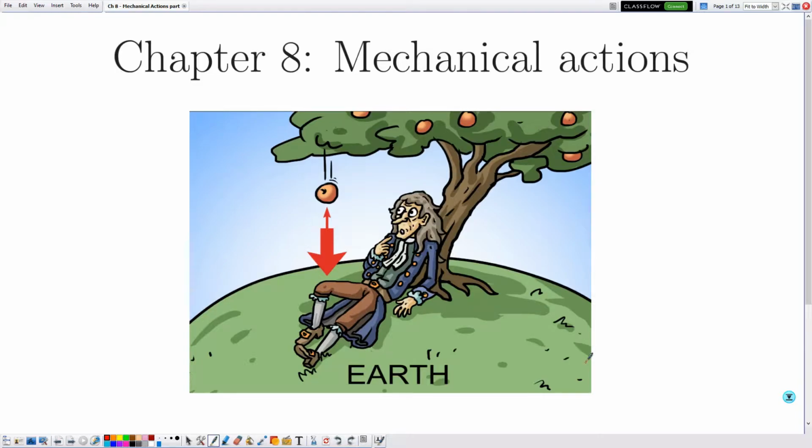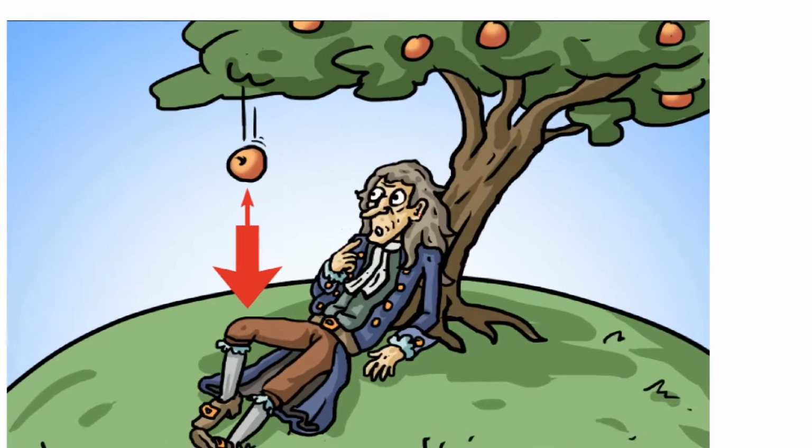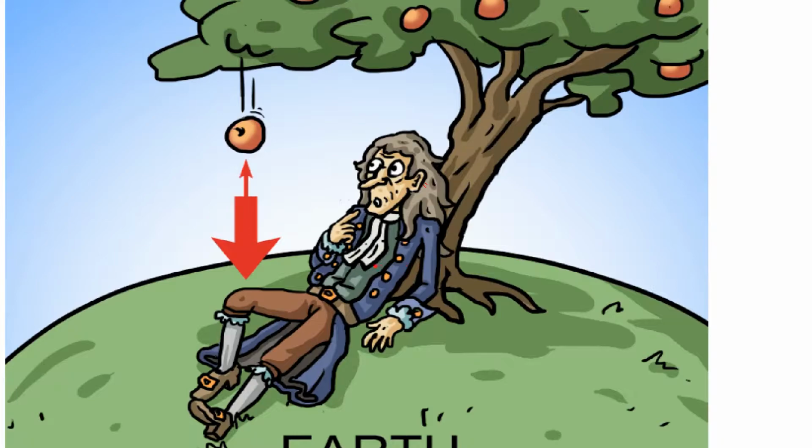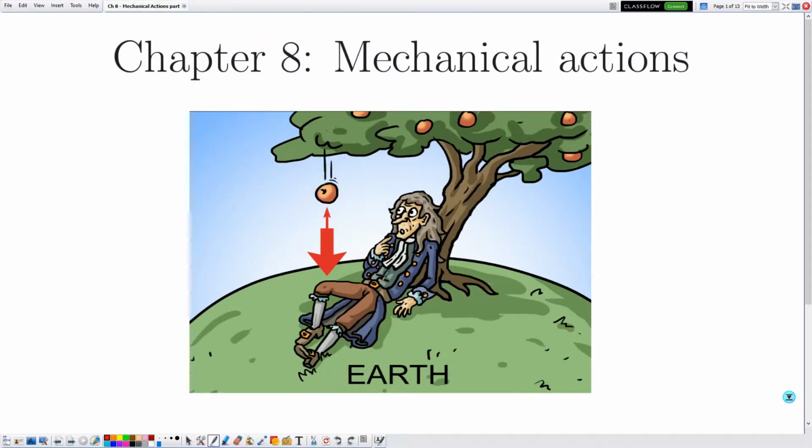Now in this chapter we are going to introduce the vector, which is essential to describe the forces, and the scientist behind the introduction of the vectors is Sir Isaac Newton, and this comes from the fact that, as the stories claim, he was sitting under the tree under which he observed an apple undergoing a vertically downward motion. So let me start by the first section,